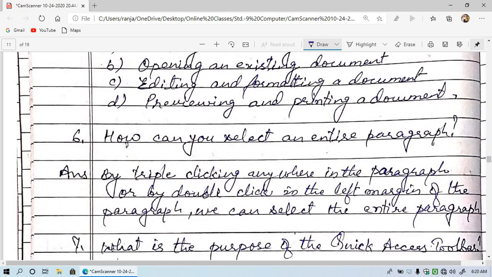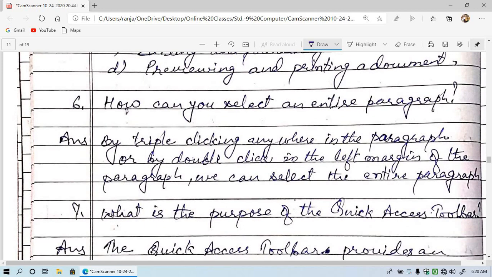Now let's see question number 6. How can you select an entire paragraph? So there are different ways of selecting an entire paragraph. You can see here, by triple clicking anywhere in the paragraph. If you triple click anywhere in the paragraph, it will be selected, or by double clicking in the left margin of the paragraph.